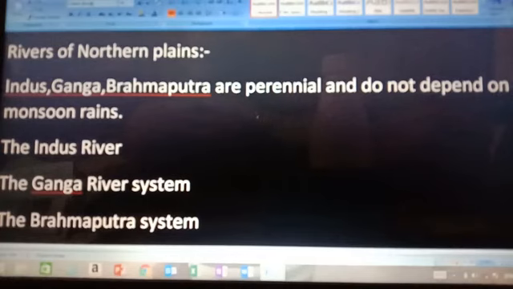We have also studied about islands: Andaman and Nicobar Island, Lakshadweep Island, Minicoy, and you have studied about Laccadive, Minicoy, Amindivi. Then Nicobar Island is a group of 19 islands. Okay.